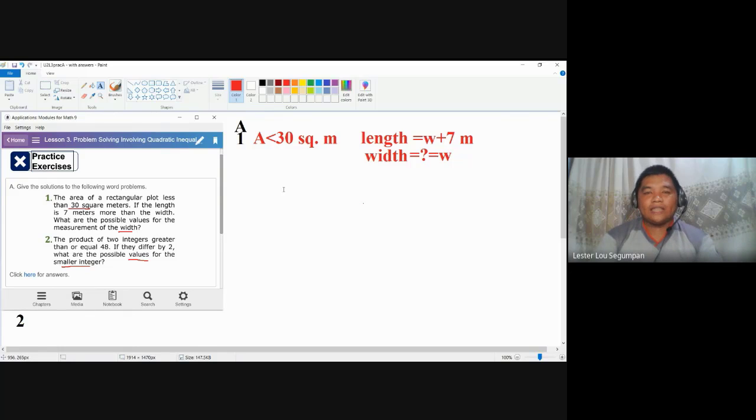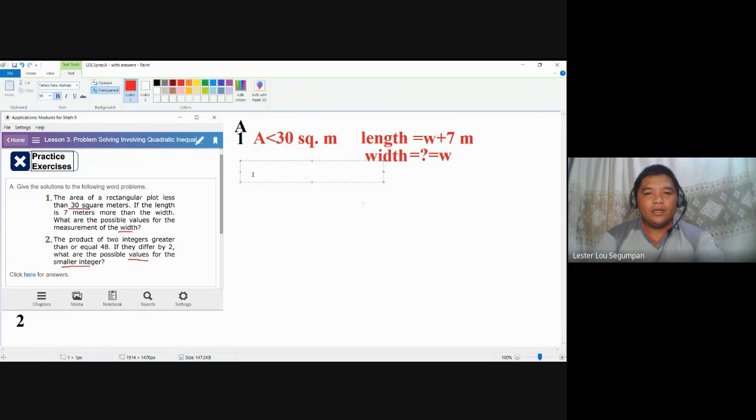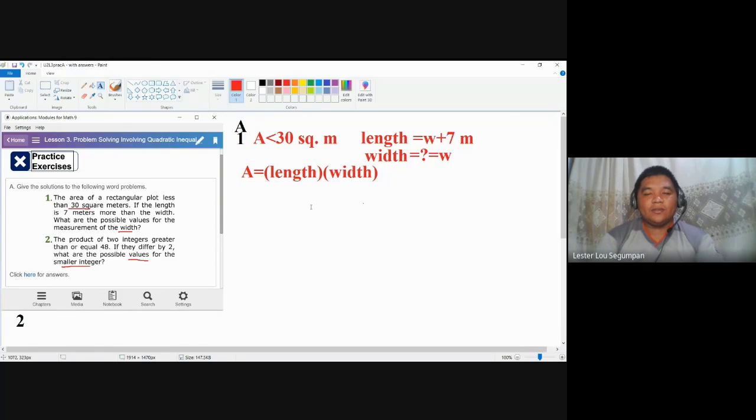After giving the facts for item number one, let us proceed to the second step in your usual problem solving, which is concerned with the operations to be used, including the number sentence. To make the number sentence here, we are just going to look at the relationship between the area and the length and the width. In a rectangle, the area is equal to the product of length and width.